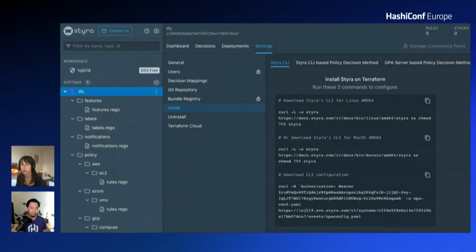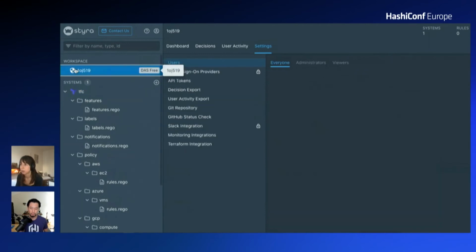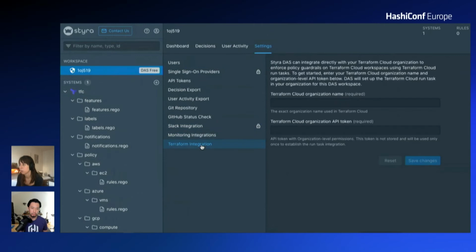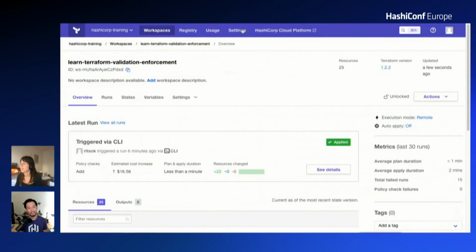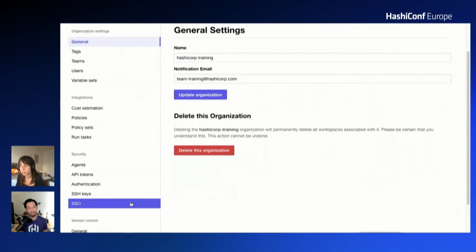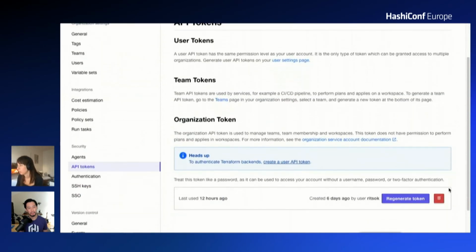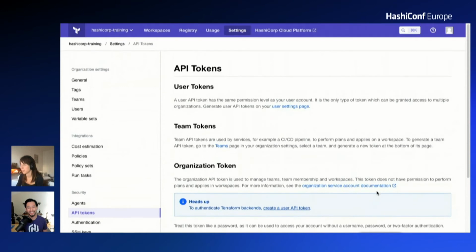I haven't defined any policy yet, but I have to finish configuring my Terraform Cloud integration. So under the workspace settings, if I go to Terraform integration, I can enter my organization name, which is HashiCorp training, and then I'll have to input an API token. That is not my API token. If you jump to Terraform Cloud, you can find your API token under your organization settings and API tokens. Now I had generated mine earlier so that I don't have to share it with the world, but you would find it here if you needed a new one. I'll grab mine and paste it into that integration configuration